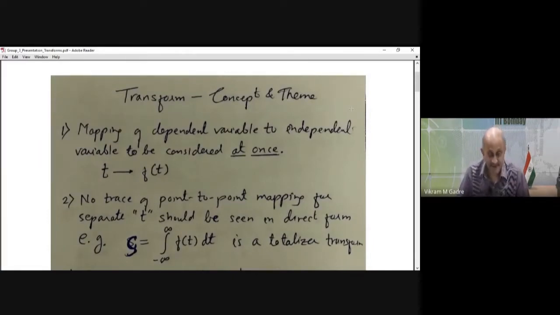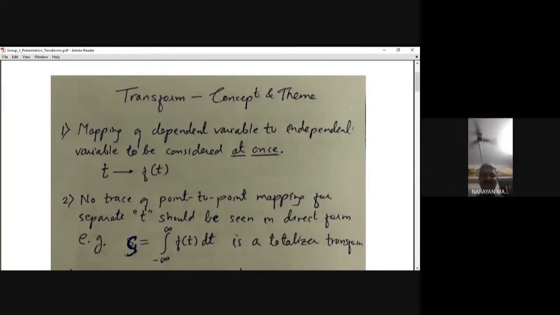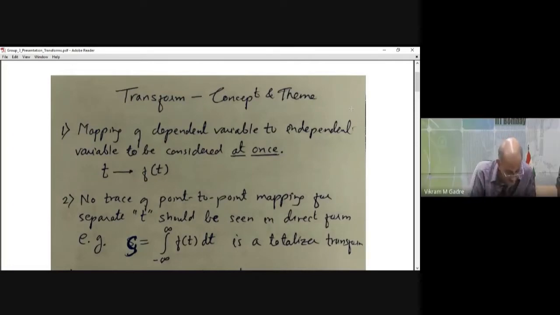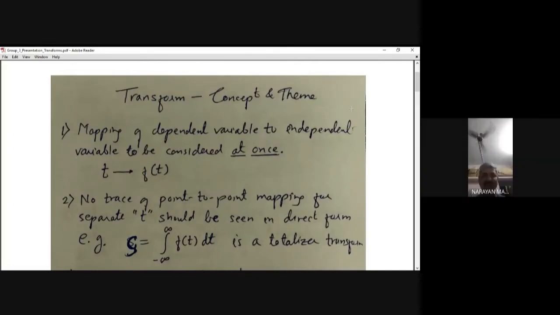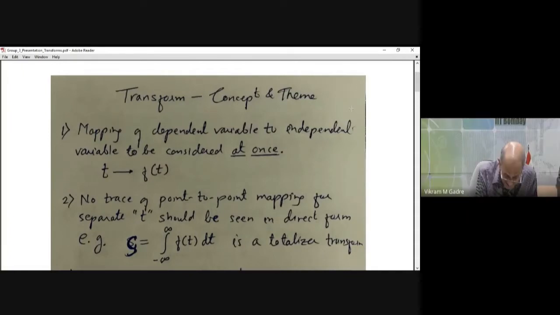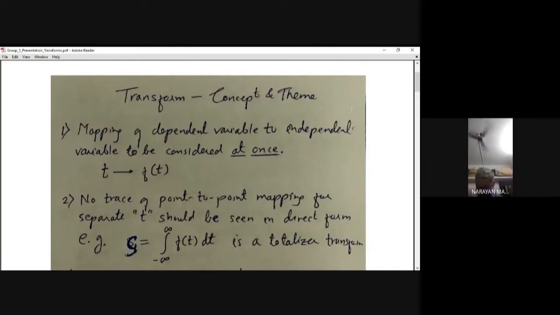If there are none, we shall then go to group 3. Hello, Narayan Marathe here. So who's making the presentation for group 3? Narayan Marathe. Oh, very good. Yes, hello, I already shared the screen. My predecessor somehow might have telepathically understood that I am going to talk on the Fourier transform. The topic was signals and vectors, but with the presumption of Professor Gadre's permission, I thought that this transform is something for which I wanted to share some new theme.